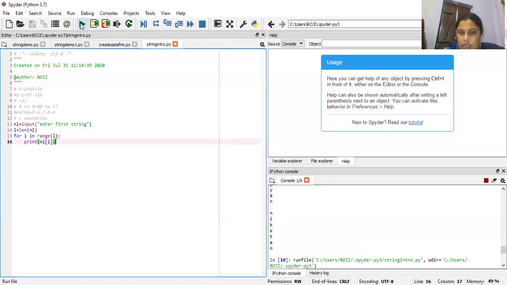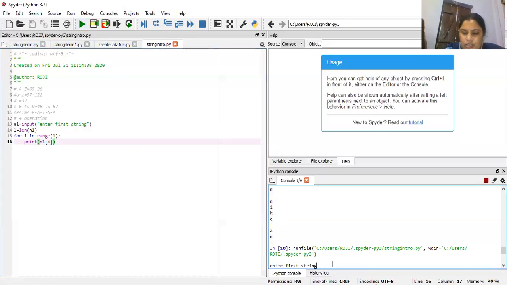So we run the program. Suppose the value is Gyan Niketan. Then the different characters of the Gyan Niketan string will be displayed on different lines. There are many alternative ways to write the program.